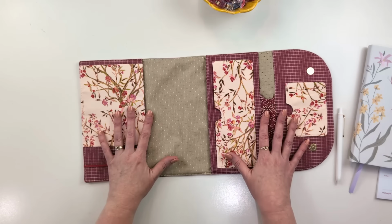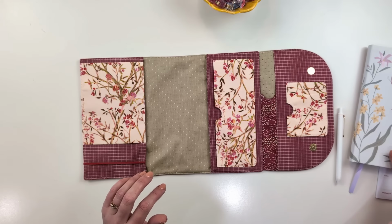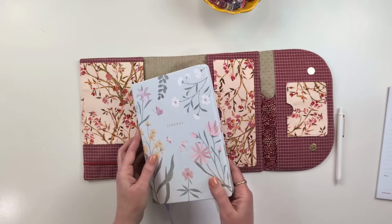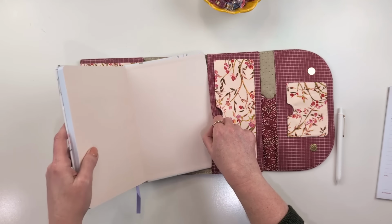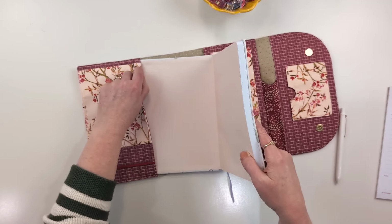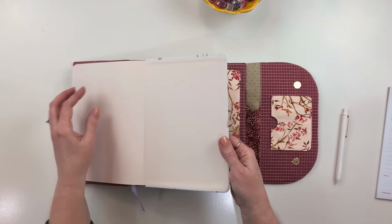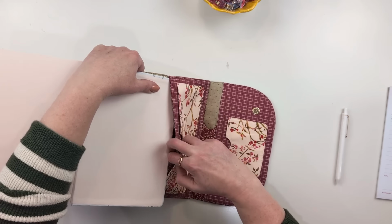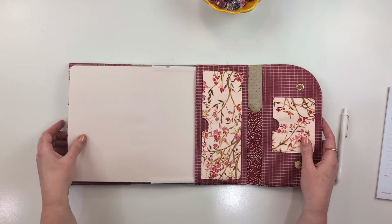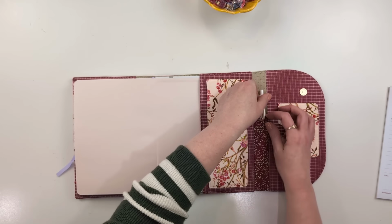So we're on the home stretch. So now we just need to set the remaining snaps, and we're going to start preparing for that by test fitting our notebook and our pad and our pen, just to make sure that we have the amount of bulk worked out. So this actually works better if we slide it into the left hand side first. So slide that in, and you're going to open your book up as far as it will go, bend it back and tuck that into the right hand side. Then you can slide your pen into the pen holder